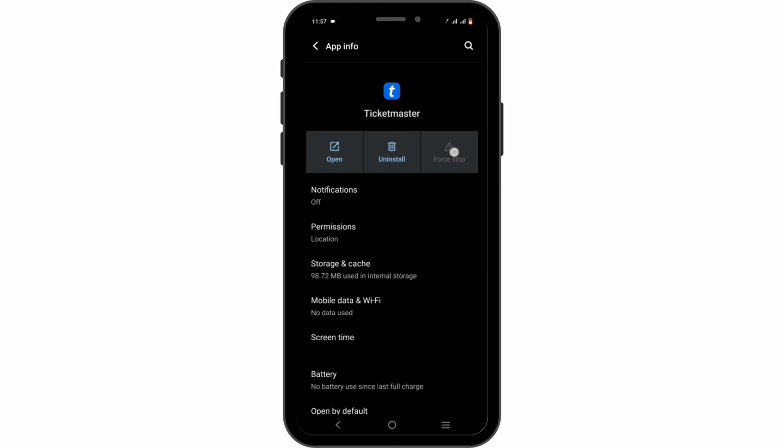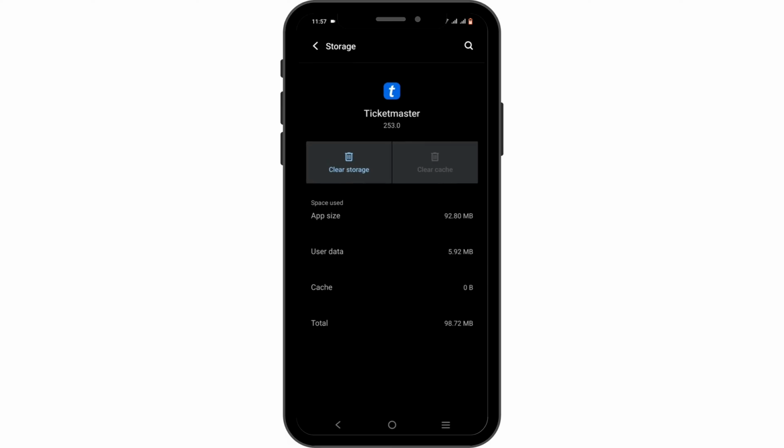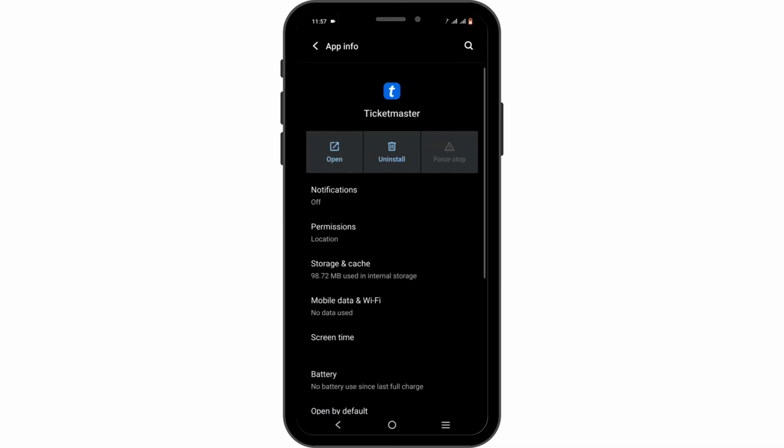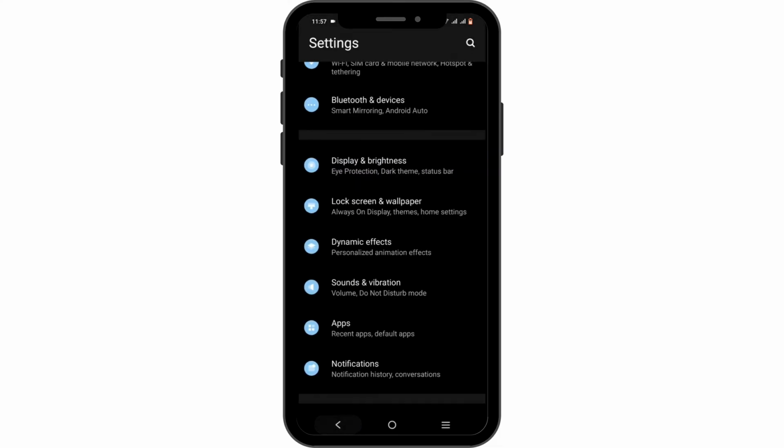Starting off, tap on the Force Stop button to clear up any glitch or bug issue. After which, click on Storage and Cache, then tap on the Clear Cache option. Once you do this, head back and navigate to System Update,